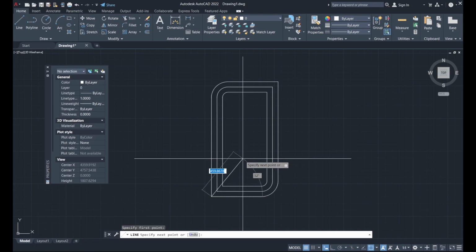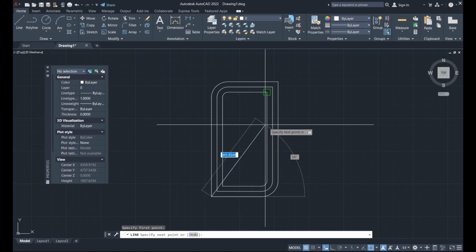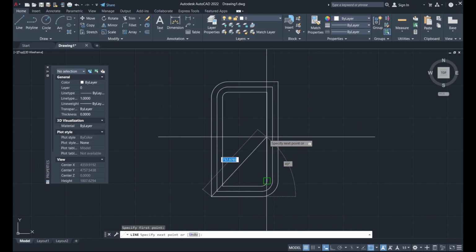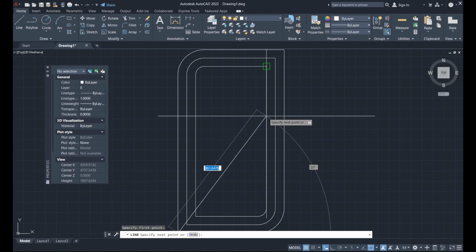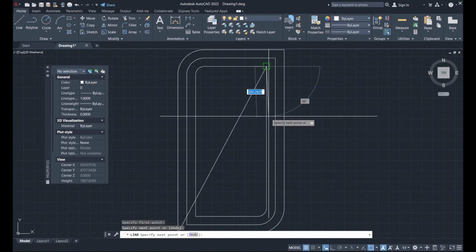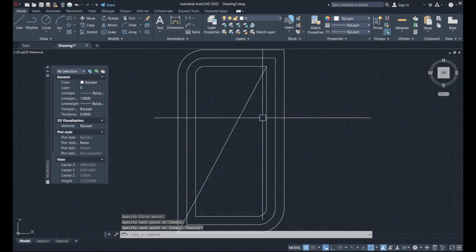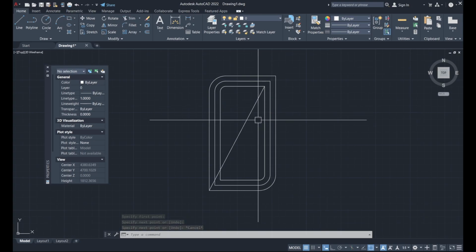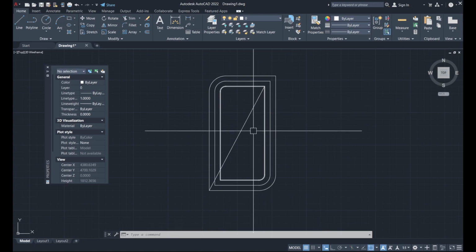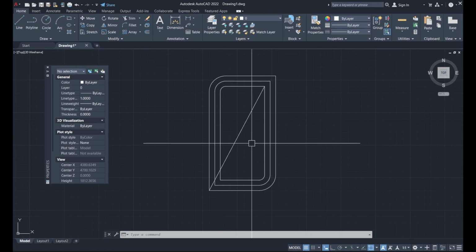Now I can select that point, and now I'm going over in this line, and I cannot seem to be able to snap here. So let's just go over here and click, and if you see, the line has snapped to the end of that line and not to the middle where I wanted. That's because probably the midpoint is not